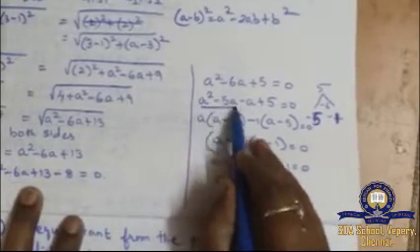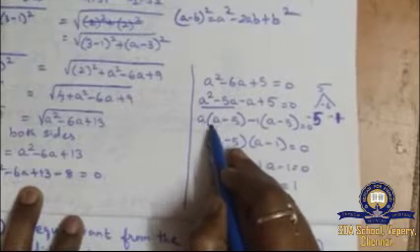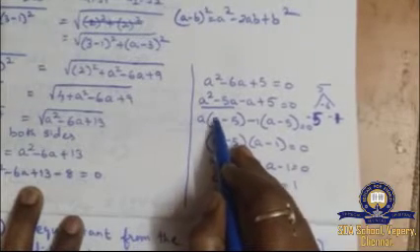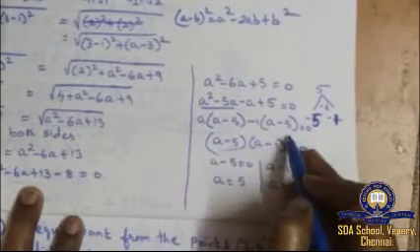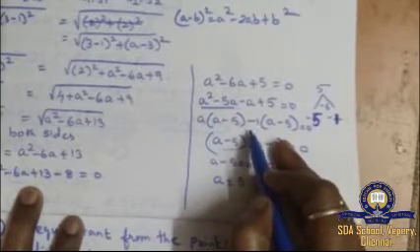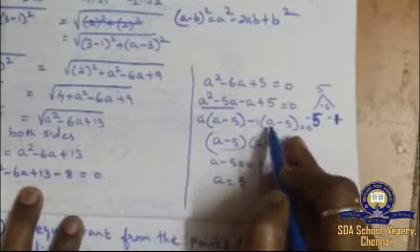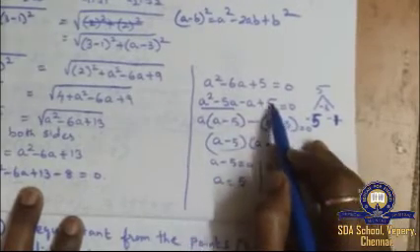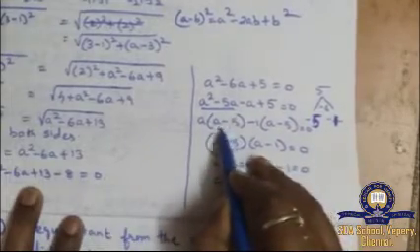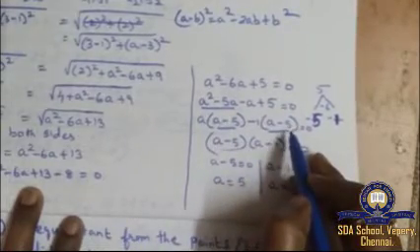So a is common, so I have taken a common out, so a into a is a square, minus 5 into a is minus 5. Same thing will come here also. According to that we have to put a number. Minus 1 means minus 1 into a minus a, minus into minus plus 1 into 5 is 5 is equal to 0. So these both will come as it is.